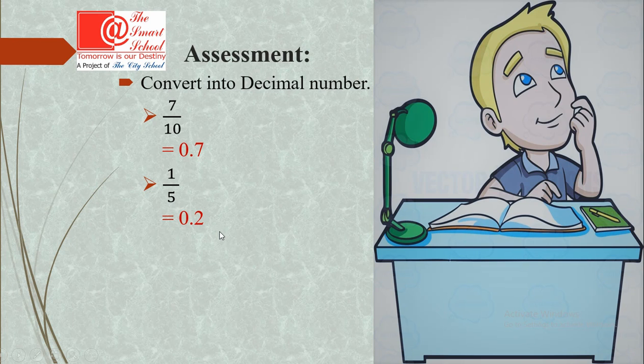Yes, it is 0.2. How did we find it? We converted to a power of 10, so it is 10. 5 multiplied by 2 is 10, so 1 multiplied by 2 is 2. So it is 2 over 10, meaning 0.2. Yes, exactly correct. Now 43% is equal to, in decimal form, yes, check your answer please. It is 0.43. Correct. Now the last one is 367%. What is the answer? It's very nice. It is 3.67. I hope you enjoyed this small assessment.